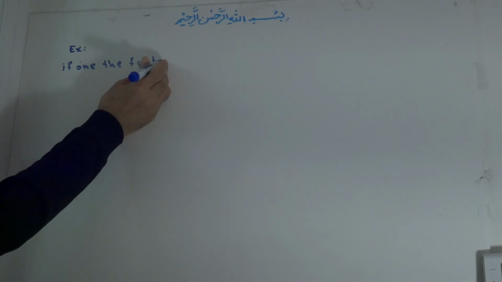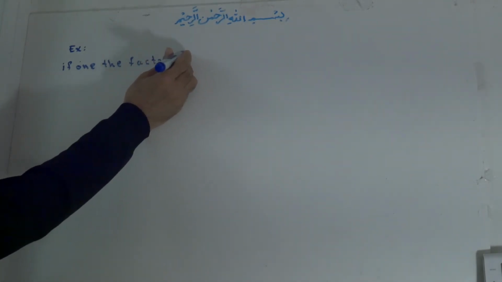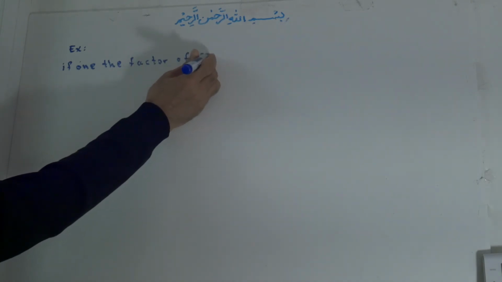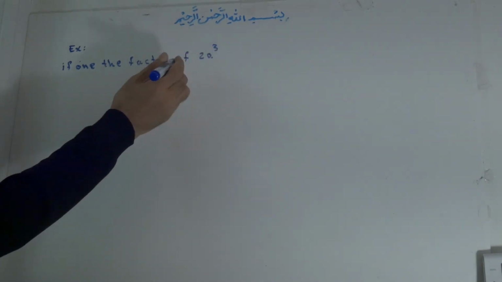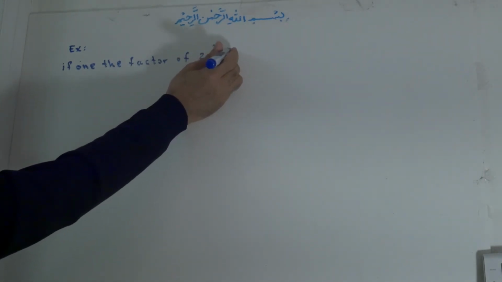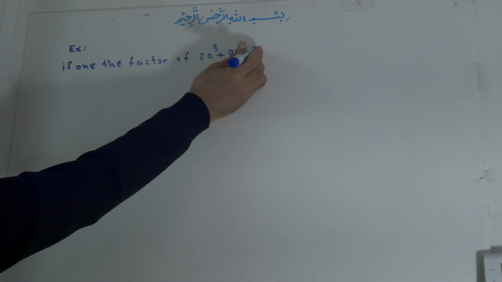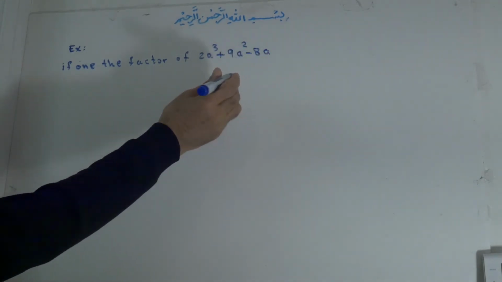If one of the factors of 2a to the power of 3 plus 9a to the power of 2 minus 8a minus 15